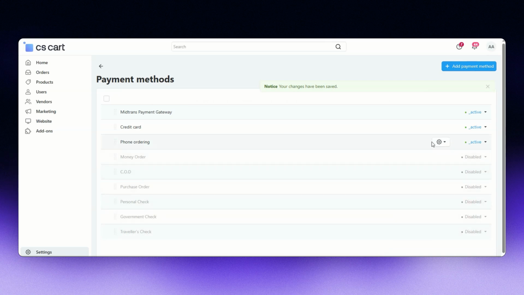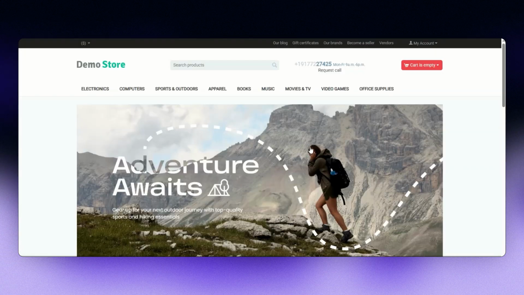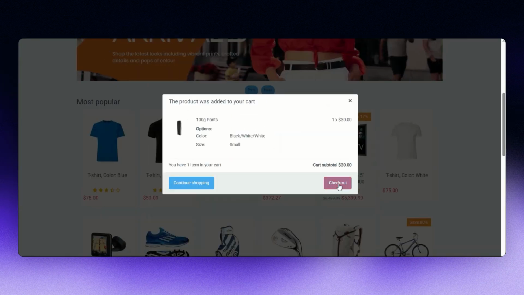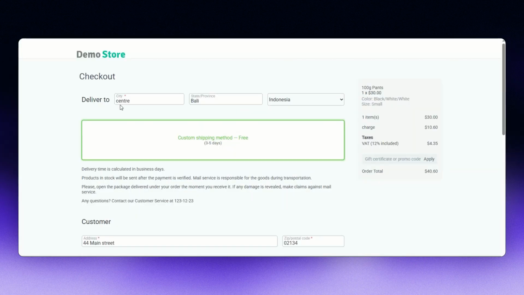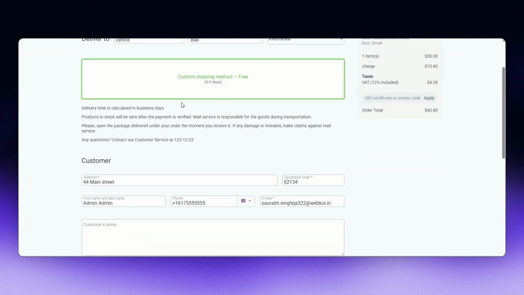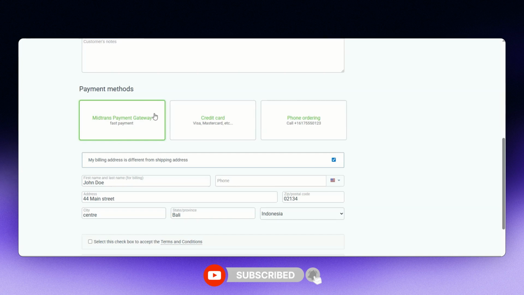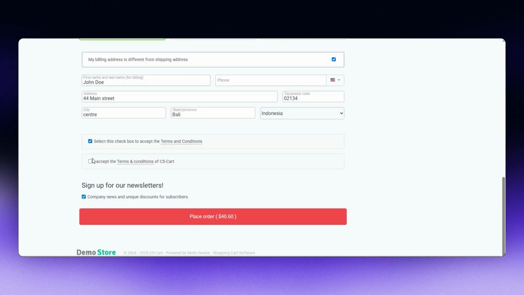To check the functionality of this payment method, go to the storefront and place an order. On the storefront, select any product, add the product to the cart, and click Checkout. Then add the delivery address, select the shipping method, and fill in the customer details. After that, select the Midtrans Payment Gateway as the payment method, agree to the terms and conditions, and place the